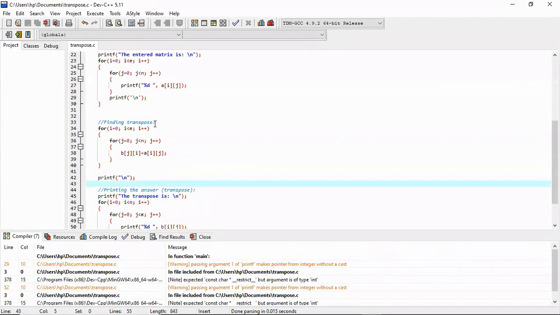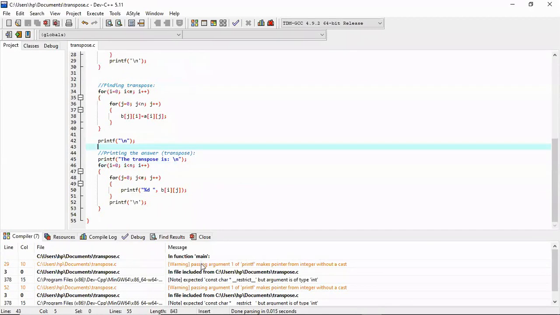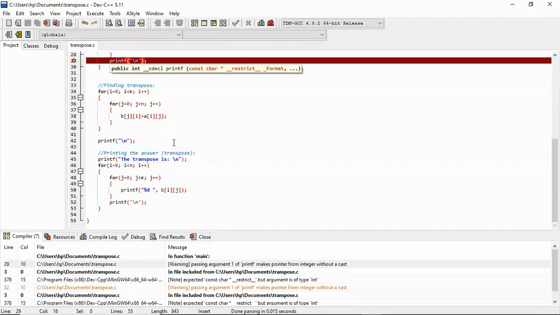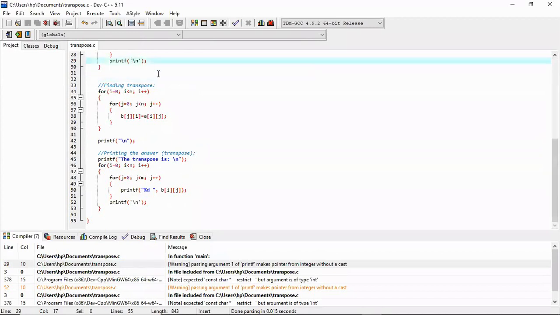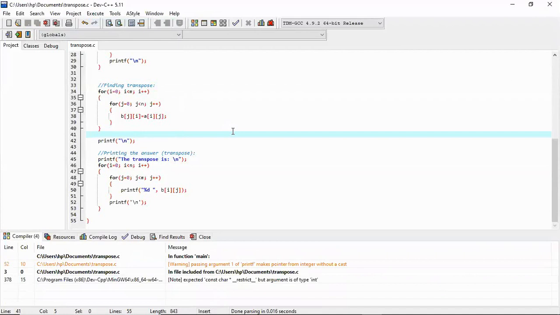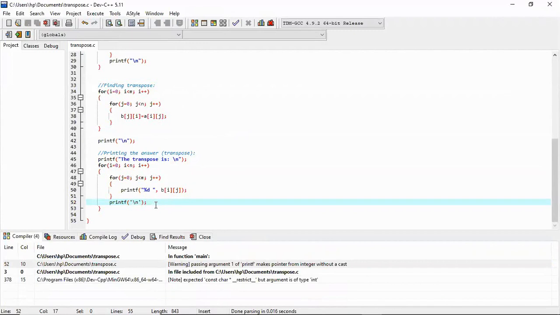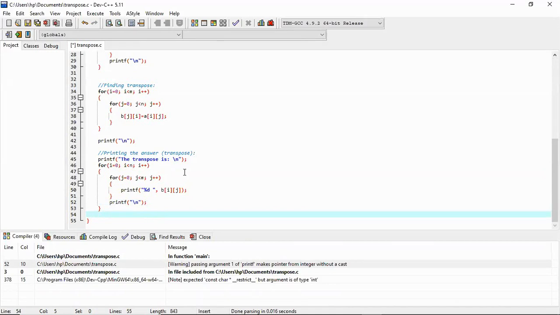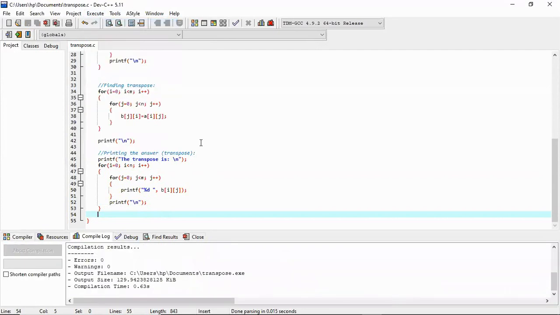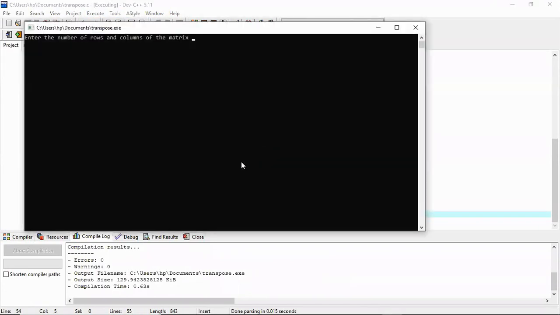Some other issues also. Here it should be double quotes. I have mistakenly put a single quote there. Again, some other thing. Again, here I have to put double quotes. This is \n. Okay, let me save it and compile. And this is okay. Now let us run it.